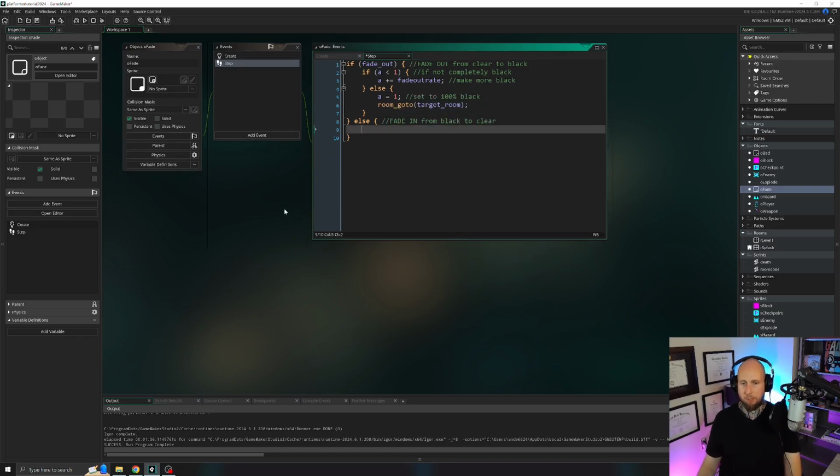Slightly different, but similar code for fading in. If a is greater than 0, open and close curly bracket. Now let's also add the else right away. So if not completely clear, a minus equals fade_in_rate, make more clear or transparent, else